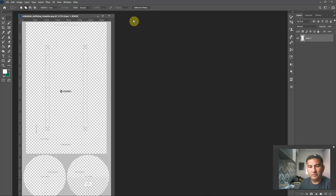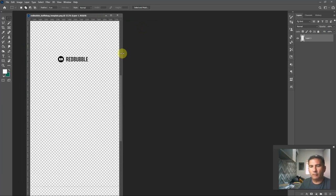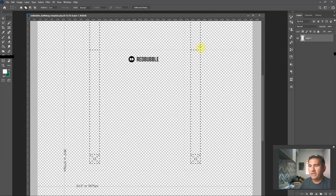Okay, welcome back to my computer screen, and as you can see here on my screen, I have the duffel bag template that Redbubble provides, and while it might look rather daunting and confusing, in truth, it really isn't. So let's just go through it for a moment, and I'm going to zoom in here so that we can get a better idea of what we're working with. So, as you can see here,